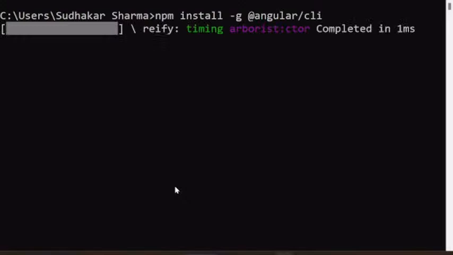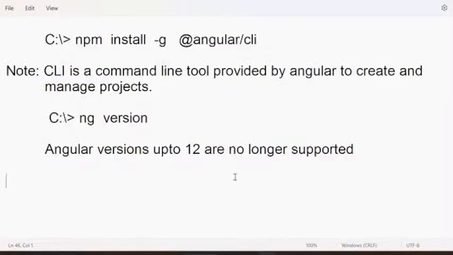So it is downloading and installing Angular CLI here. If you run this command, it will install the latest version of Angular, whatever the latest is. But if any company says that we are working with Angular 13, you install Angular 13 on your PC, and then there is only one extra thing you have to do.